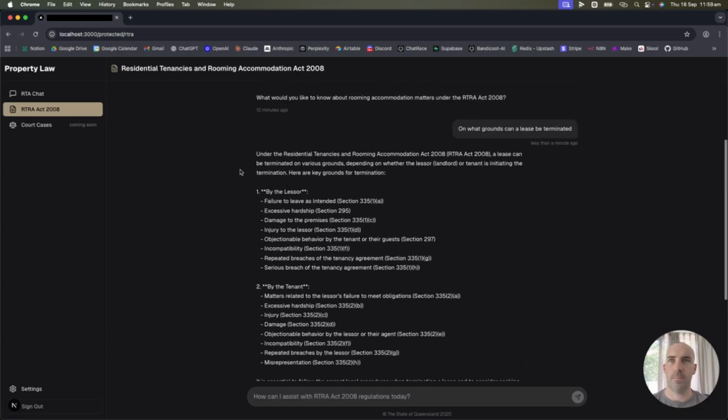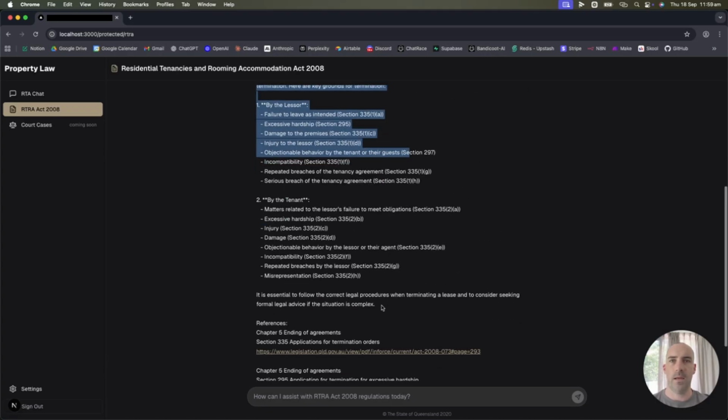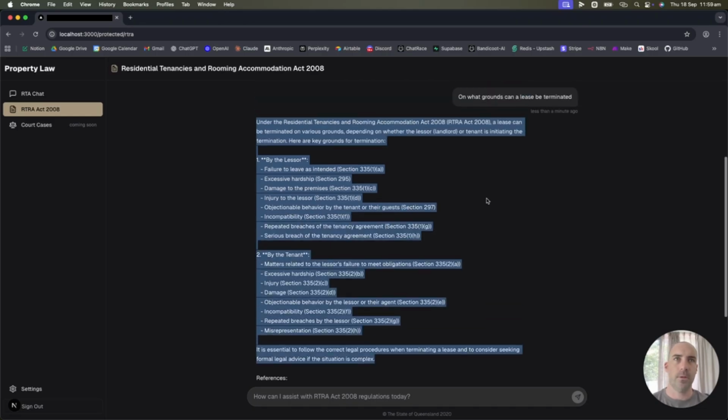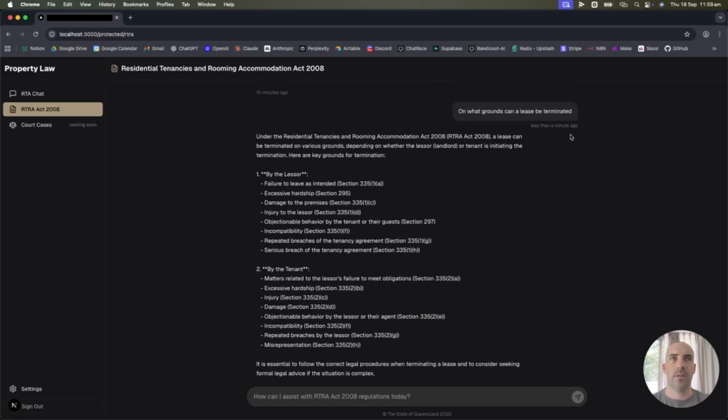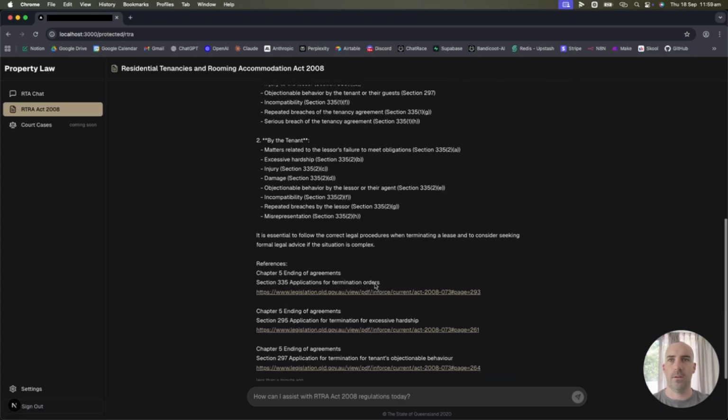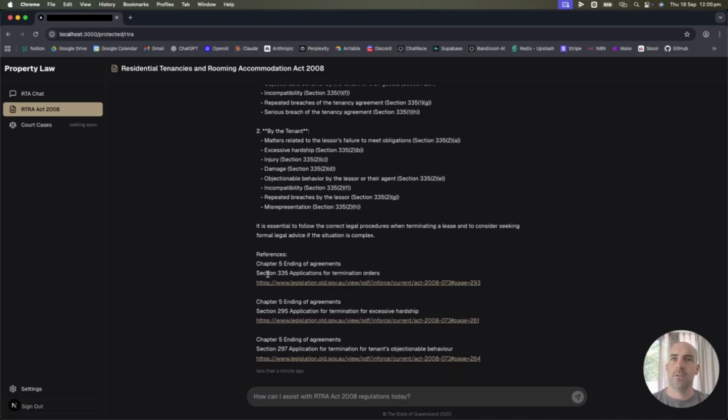Now, the way I've set this up is the first half of this will be a response that the AI has written from those 5 or 6 closest match resources to my question. And then down here, it's providing resource links to where it got the information from. So, as you can see here, on what grounds can a lease be terminated? It can, and then reference links. Section 335, application for termination orders, agreements, termination for excessive hardship. So you got a few different pages here,